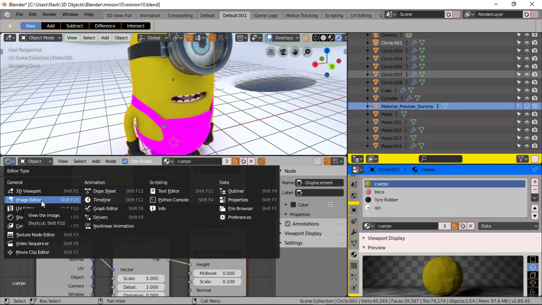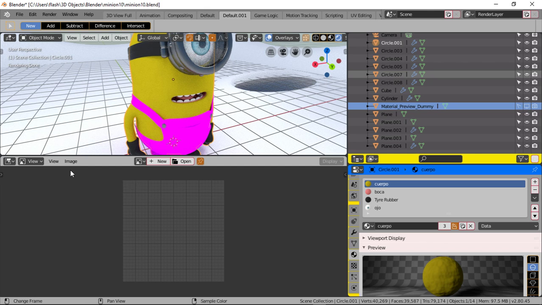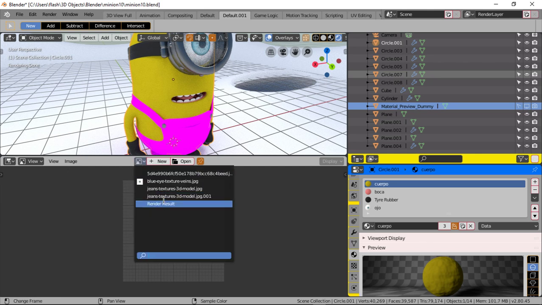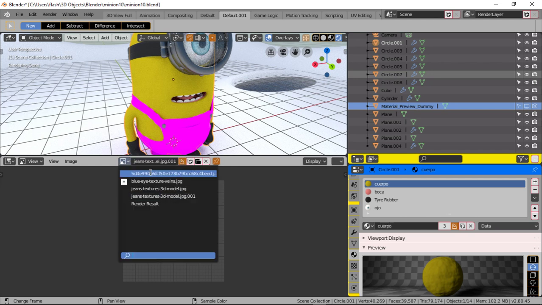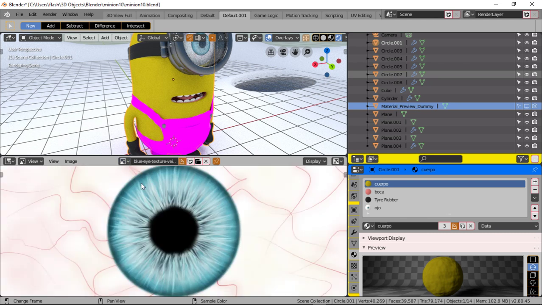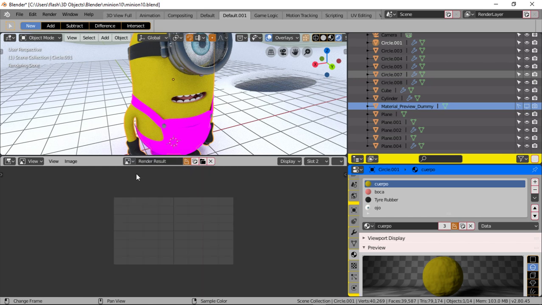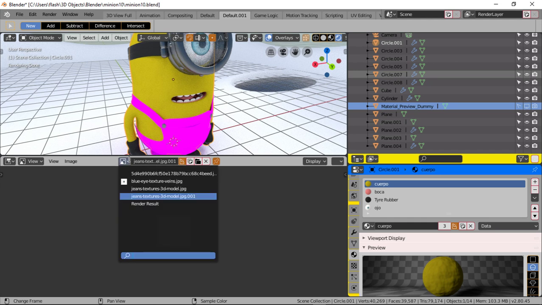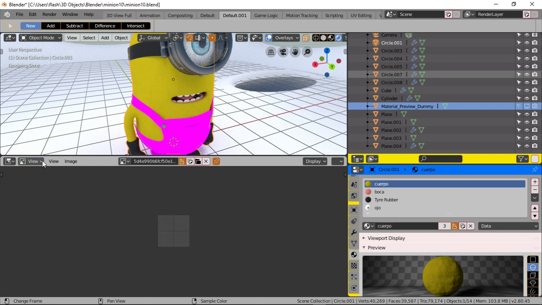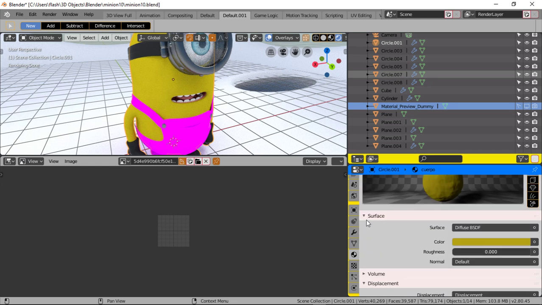Let's see, image editor. Maybe it's the image editor. There goes the image editor, and then you would have to find which graphic it is. So here goes the jeans, and I'm not getting anything to come up. Well, this one is most definitely in there, the eyes. I don't need the eyes, I already got the eyes. So the rest of them are not image files. Pretty much that's what it's saying to me. So how do you create them off of the node data? That'd be very, very interesting to figure out,